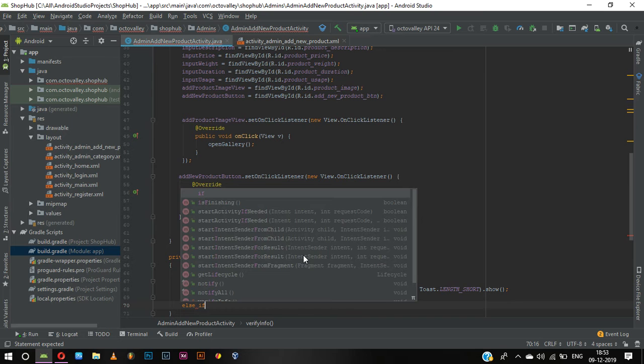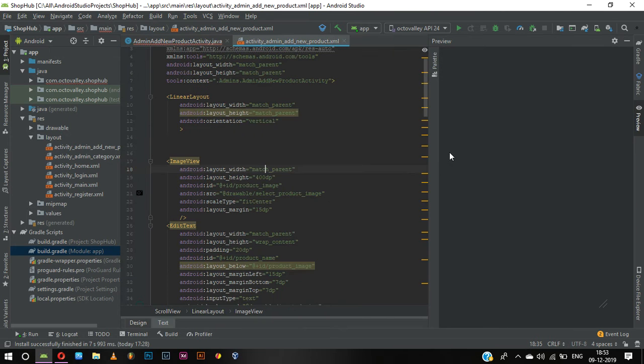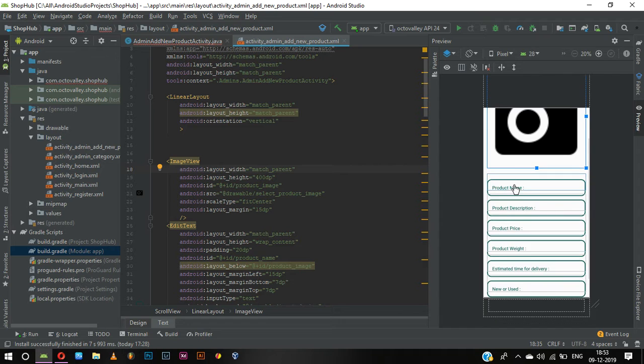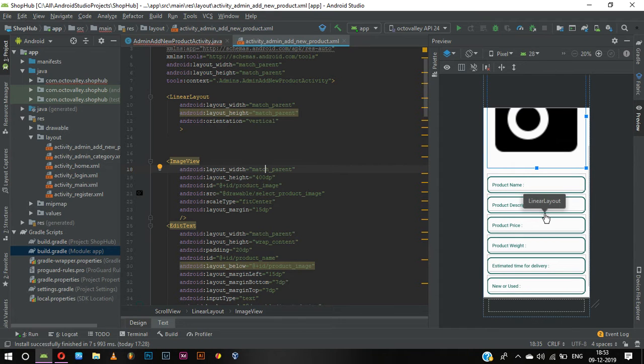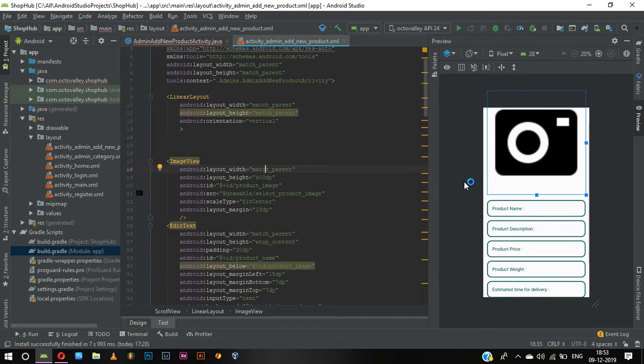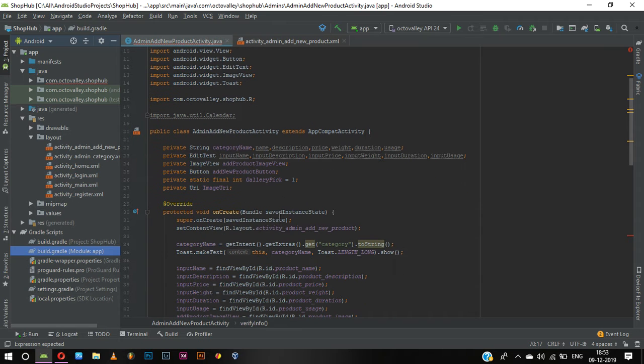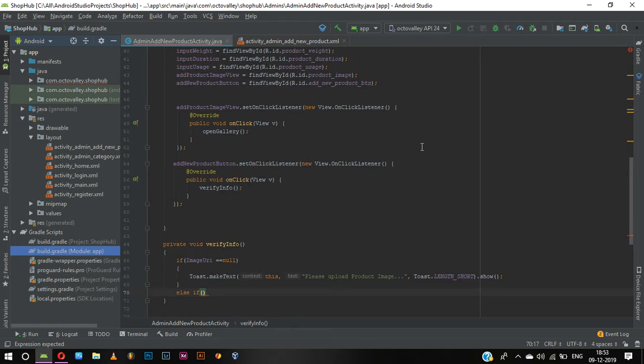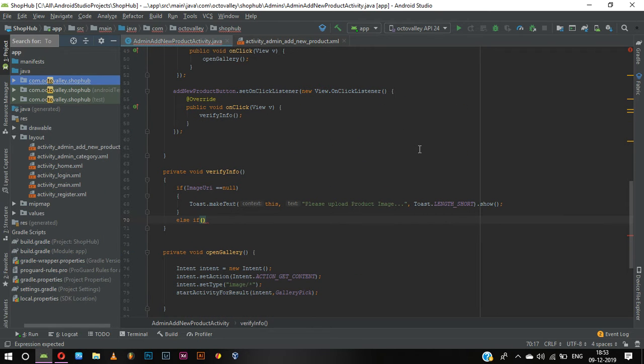Else if, what we want to do is we need to check for all these 6 edit text whether something is written or not, and we need to verify it. So for that we are going to get these texts and convert them to strings. So we need to create 6 string variables, and I have written those names: name, description, price, weight, duration, and usage. If not here, it's here. It's if text dot is empty of